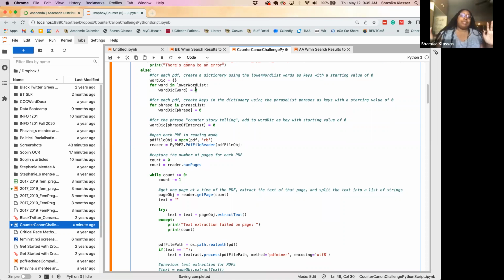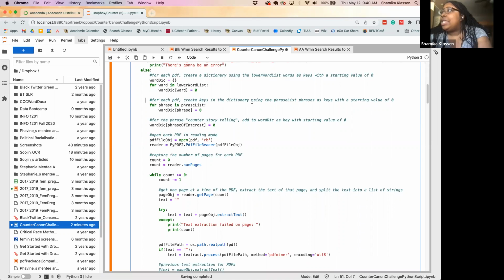So everything starts off with a 0. And as we compare each word in the PDF to each word in our list, if we find a match, we're going to increase the value by 1. We'll do that for the entire PDF until we reach the end, when we've checked all the words against all of the words of interest. And then we'll have a total number of times that word appears in the PDF for each word. And then for each PDF,